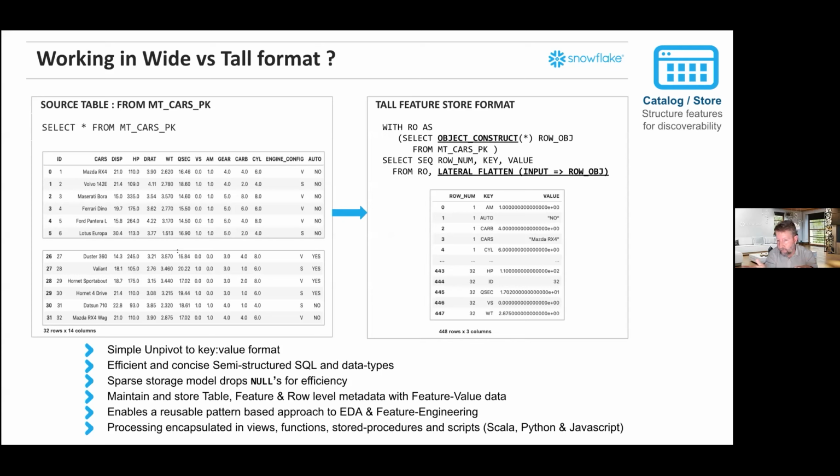And as you can see with the SQL on the right hand side here, there are some relatively simple functions that will transpose that data into tall form, either dynamically, so then I can operate over it in this tall form. The value column gets stored as a variant, which is a multi-type, semi-structured data type inside of Snowflake. So we can store all of those values, whether they're numeric or non-numeric, all in the same column efficiently, and then we can operate over this in its tall form pretty efficiently.